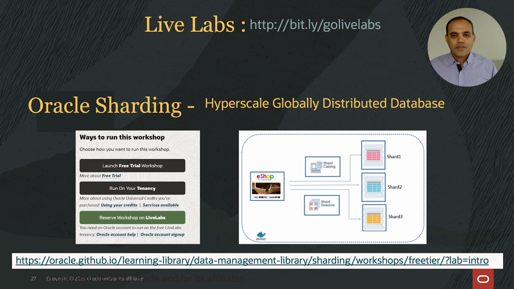You have sys access to the database. You can look at how this sharded database was created, how the schemas were created, as well as look at the application code which is deployed in a node.js container. So all of this is available to you. You can go and try this lab out for free and familiarize yourself with sharding concepts and see sharding in action.